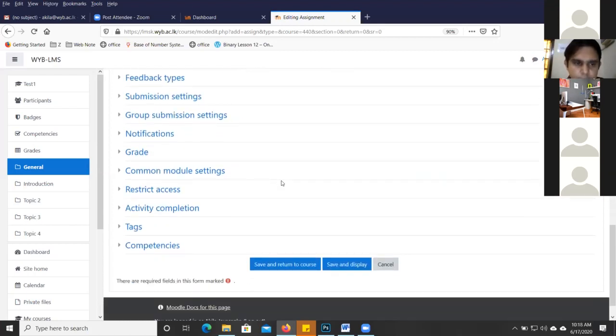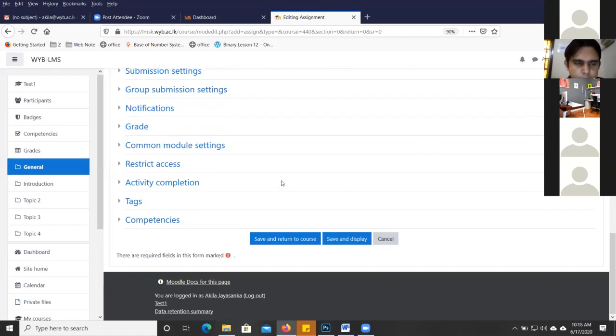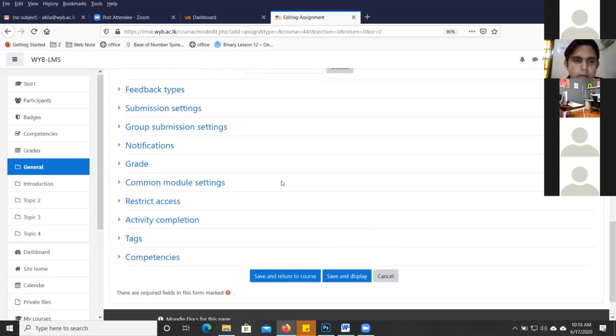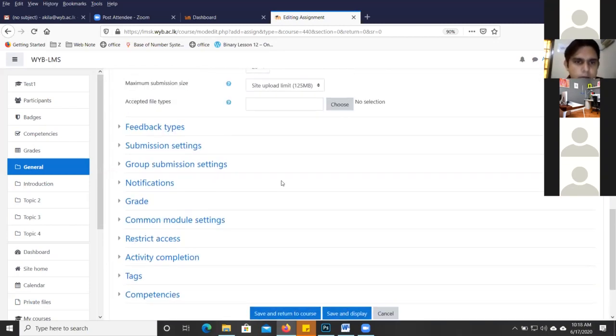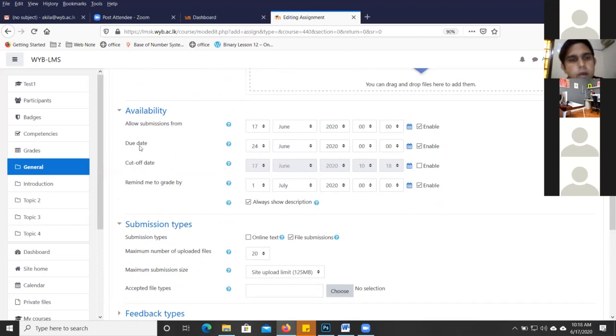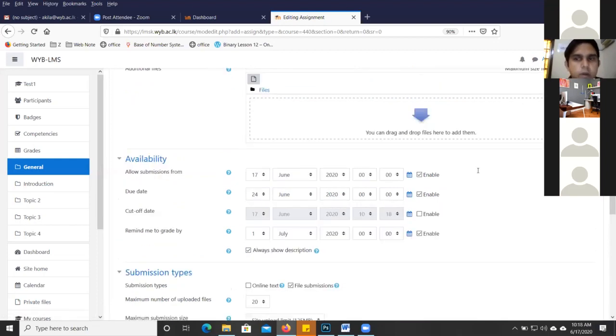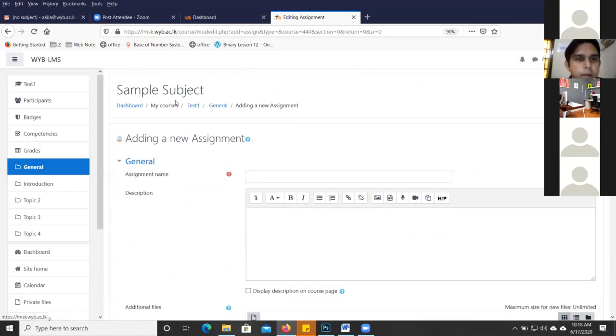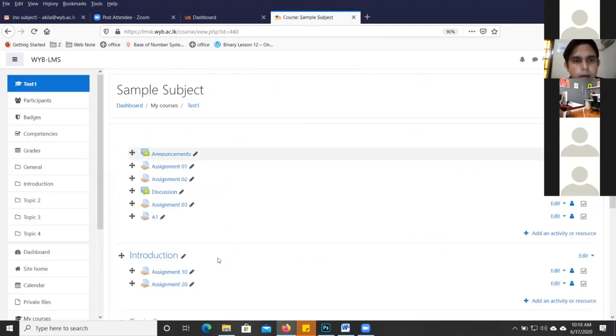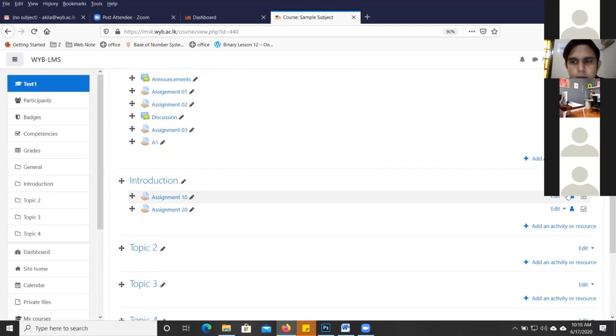If I extend it, because sometimes they complain about difficulty with their internet line, can we let them resubmit the same assignment? Yes. In that case, sir, you have to extend the due date. Here you can extend. What you have to do is, when you have already prepared the assignment, here let's see in this one, edit.